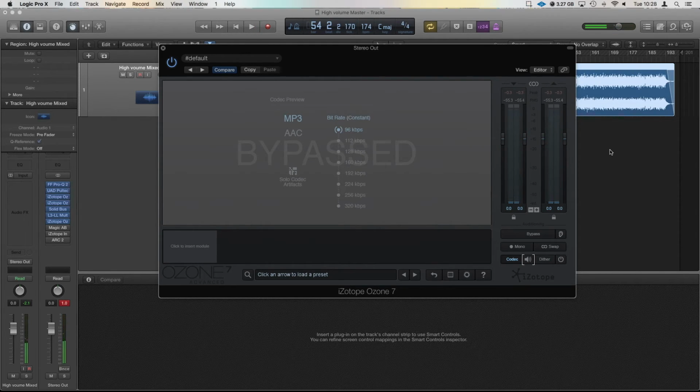Cool guys, so that is the codec preview in Ozone 7. It's a really useful little feature just for checking over your mixes and having a listen as to what's going on and how you can compare things. It's also good if you've got WAVs of other tracks, just to have a listen to those through it and see how it affects them. It will help you in understanding what's going on in your mix and how you can approach it. Very similar to you playing it alongside and referencing your mix. You can reference other little details that you'll be able to hear that happen when you go back and forth from MP3s, WAVs and whatnot, and how you want to compress it down and how you want it to sound